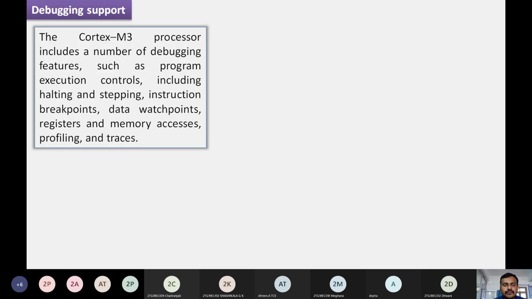and how we observe the data or the register contents by using these watch points. In that software, if you go to Tools and click on the watch window, we are going to find the registers or memory that the program uses in that particular chip. Everything is available in that window. That is the debugging method we adopt in the Cortex M3 processor. All these contents will be available on the screen: registers and memory accesses, the profiling and trace.